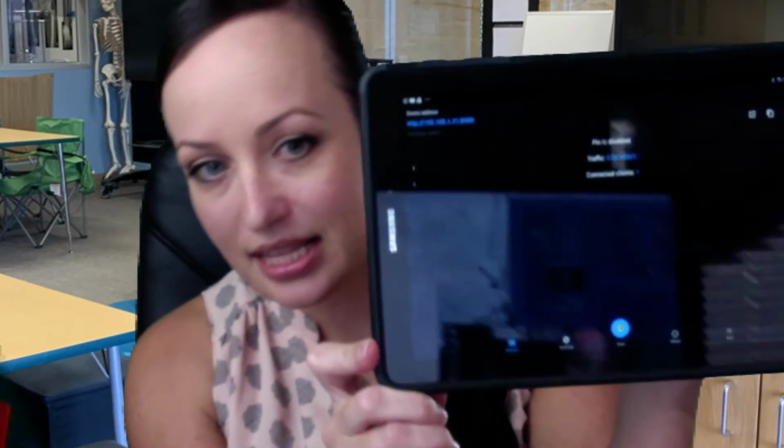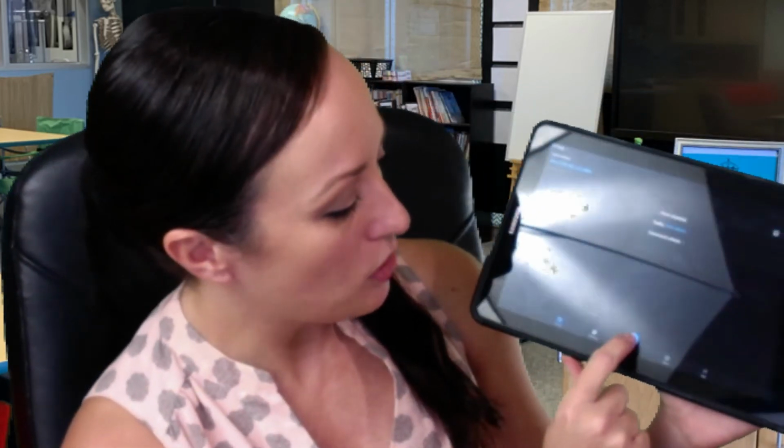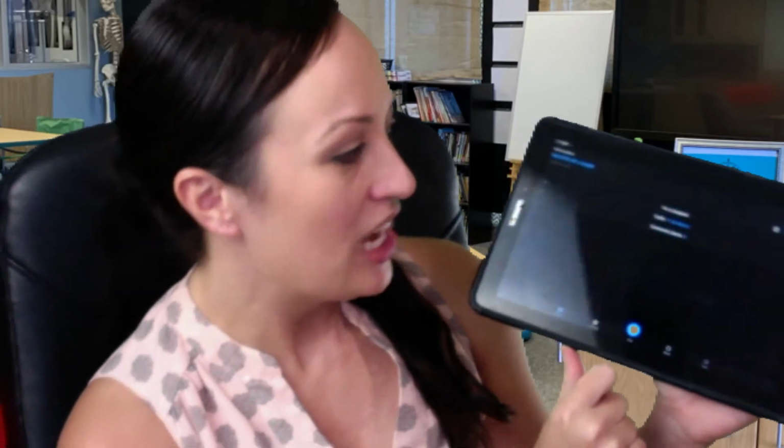So to start, I'm just going to share that I'm using an Android tablet. And this Android tablet has an app that I downloaded called ScreenStream. And ScreenStream will look something like this when you open it up, if you've ever used it before. And what you do is you push play or start. Looks like a little play button. And what that does is it's going to mirror everything here. And what happens is you'll get this little web address at the top,